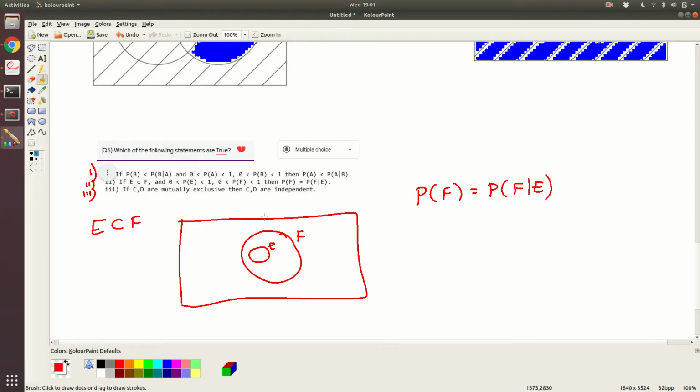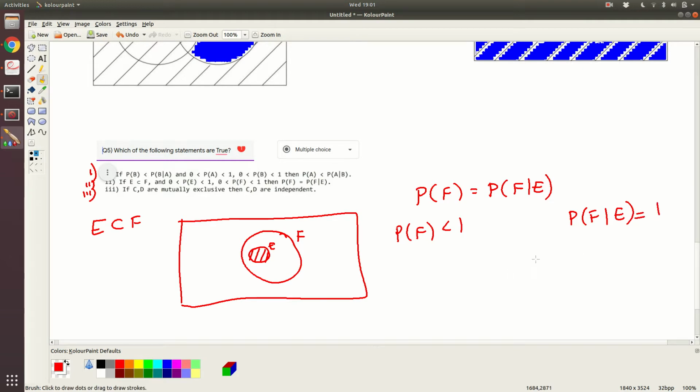Okay, so we have also told you that P of F is less than 1, that we have given. Now we look at P of F given E. See, now if I am telling you that the event E has happened, what can you say about F? Since E is a subset of F, we can say intuitively that this is equal to 1.